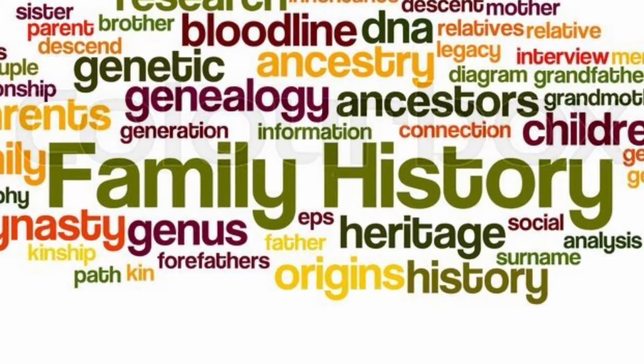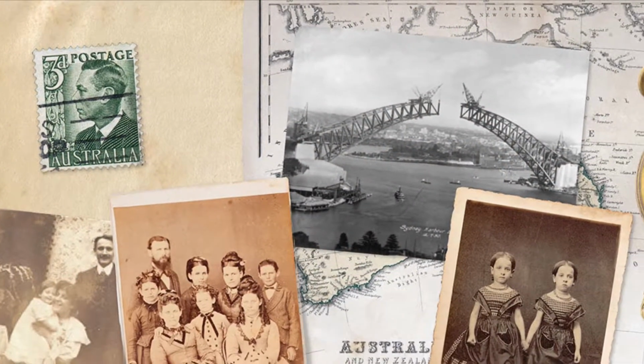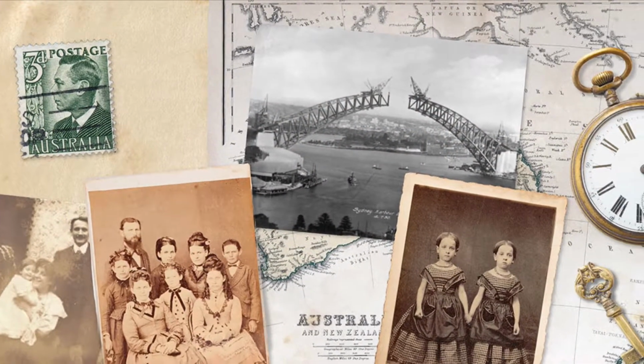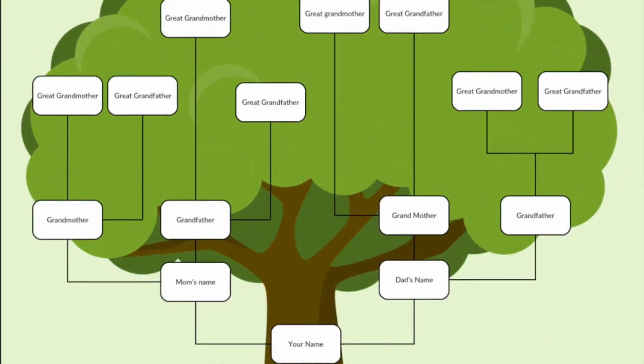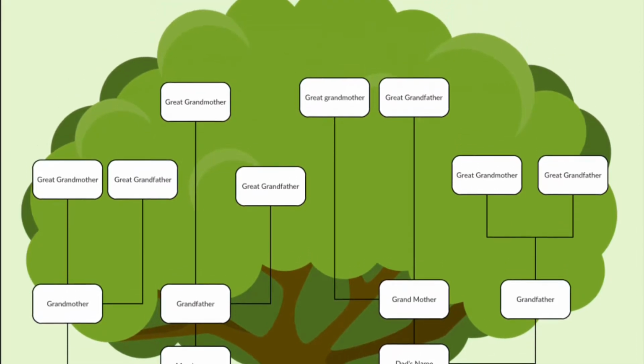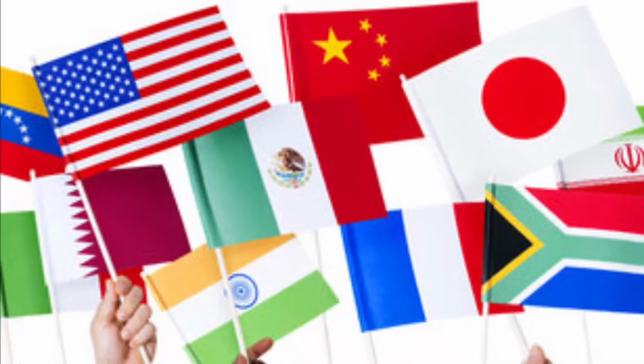The second way to use multiculturalism in the classroom is to encourage the students to know and love their family history. It's good for the students to know where their family comes from and their heritage. A good way to use this concept is to create a family tree for the students to fill out. This project is helpful to students to be able to learn about their own family's history. They get to learn about different relatives and genetics and can be a very fun activity for the students.